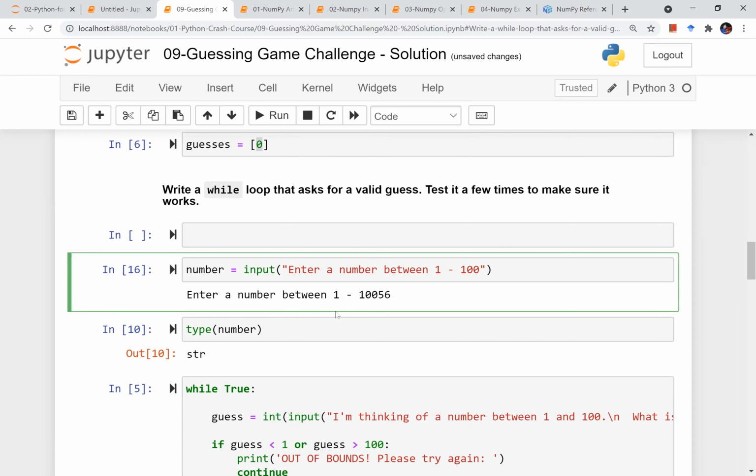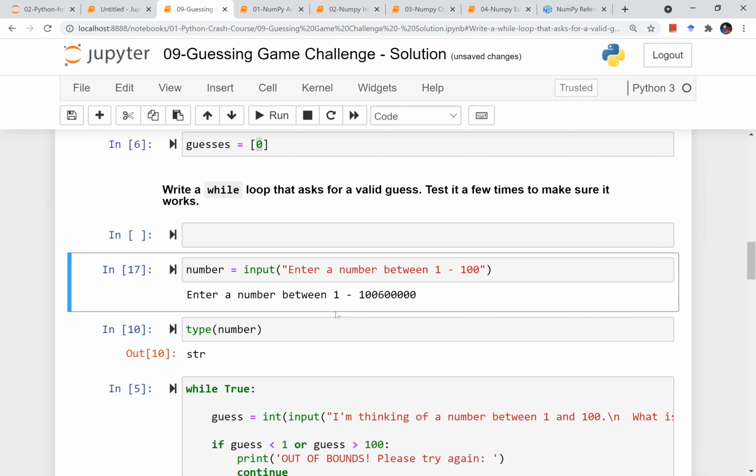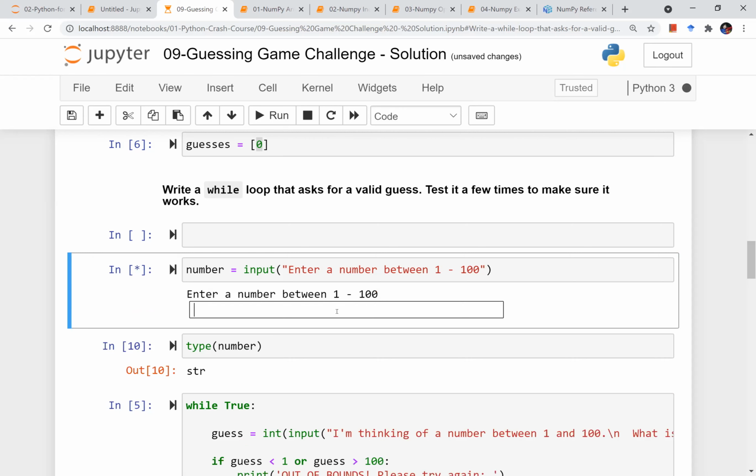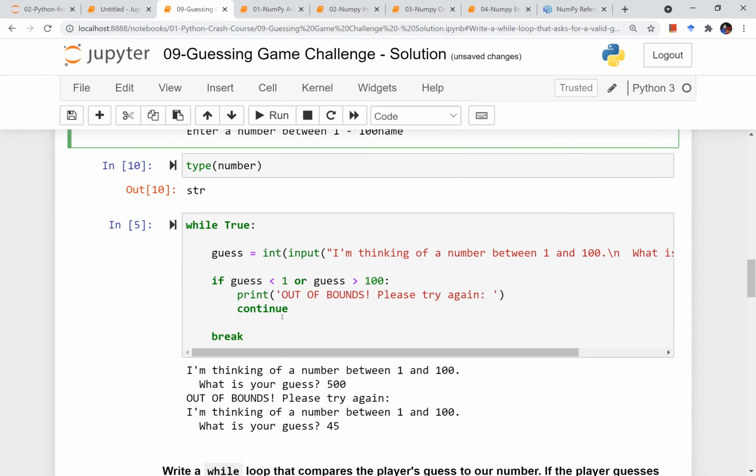It is taking that number, but if I run this and I enter something else also, like 6, this big number, it is taking that number also. But I want it to not take the values unless some condition is satisfied. So how can I do that? I'm entering a number or a name also, it is taking all the values, just reading values without any filter. How can I apply a filter?